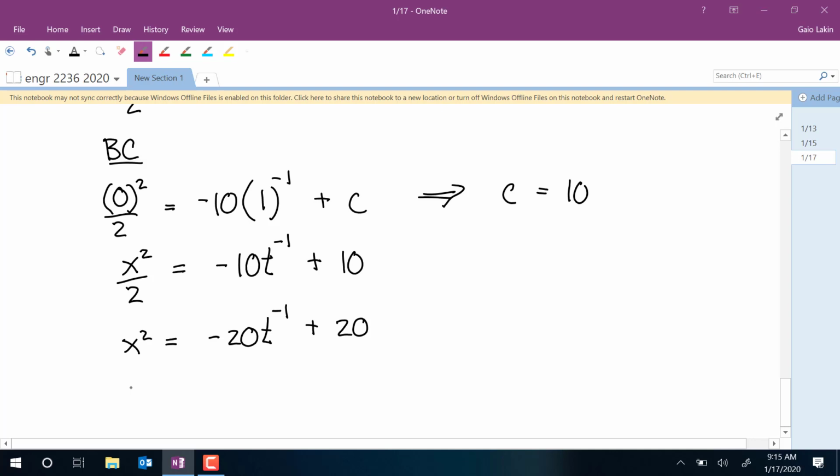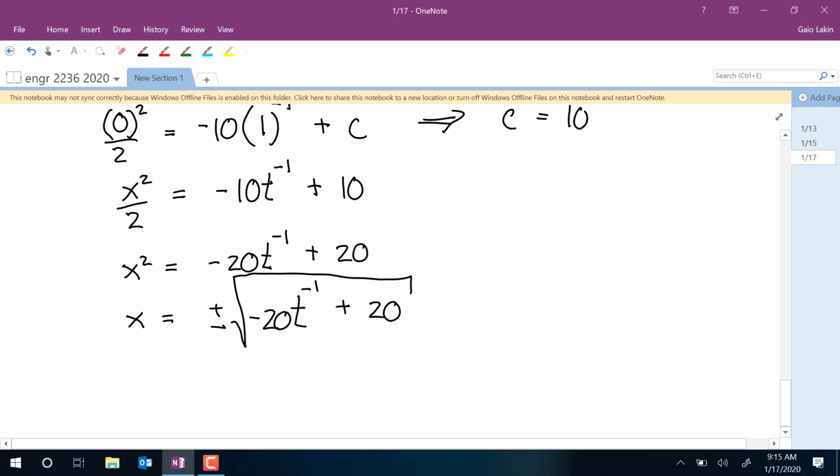And so x is equal to plus or minus square root of negative 20 t to the minus 1 plus 20. And then